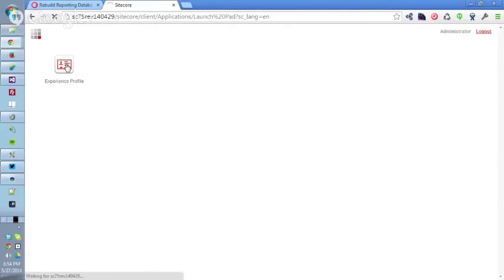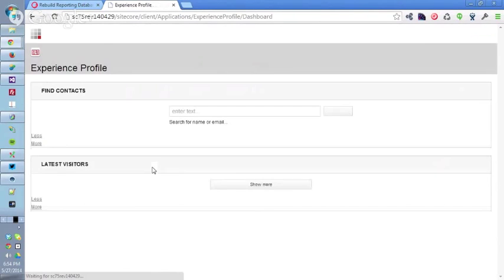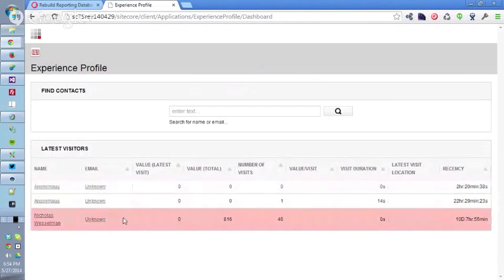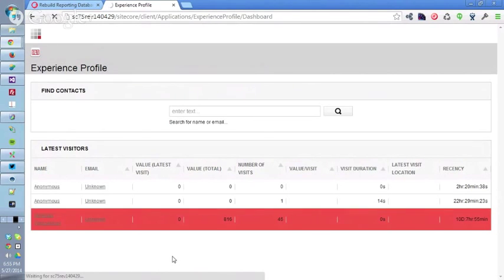So the experience profile is built on Speak, and you can tell that mostly just by the fact that it has this new UI framework, this new user experience. So if we look in here, we saw those 3 visitors in the database before, and here I am as an identified user. And unlike the fancy marketing example, I'm not going to have a picture of myself or all my personal information in here yet, but you will be able to see